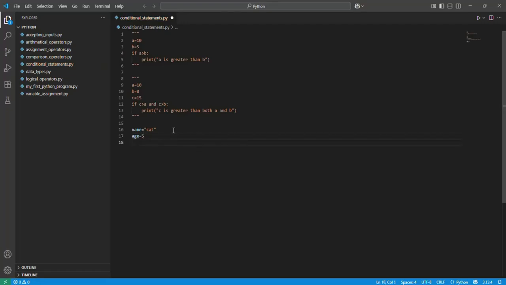Now, if name is equal to cat, or age is equal to 5, colon, print